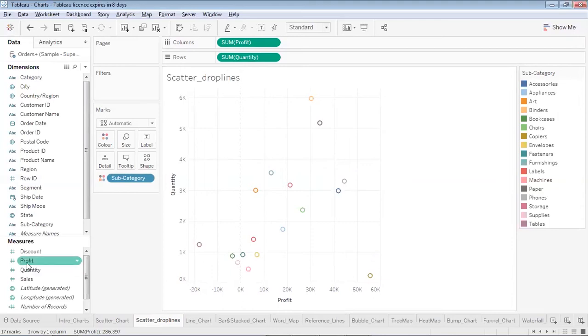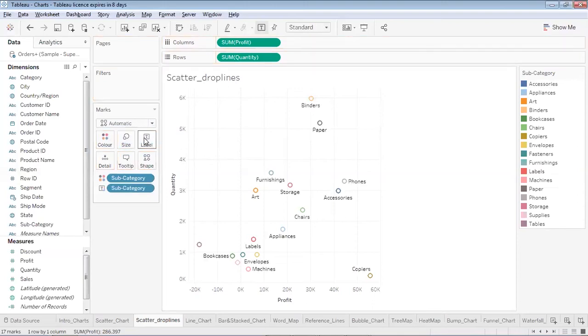Now over here I have to click and then I'll get the value like profit or quantity. Now if I don't want each time to click over here and then see the values, I have an option. Before that I would add this subcategory to the label so that I at least get the labels of these. Now if I would like to see the quantity and profit value over here, I have to read these values of profit and quantity. I don't get an estimation.